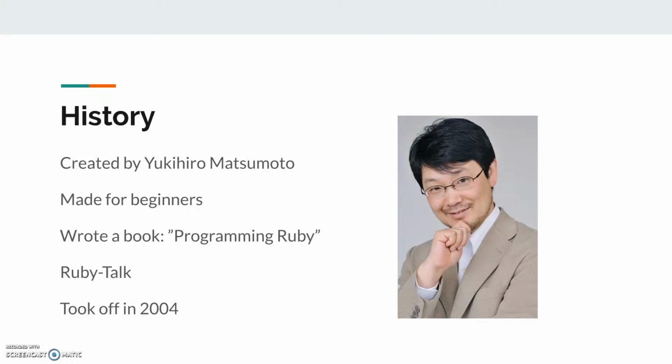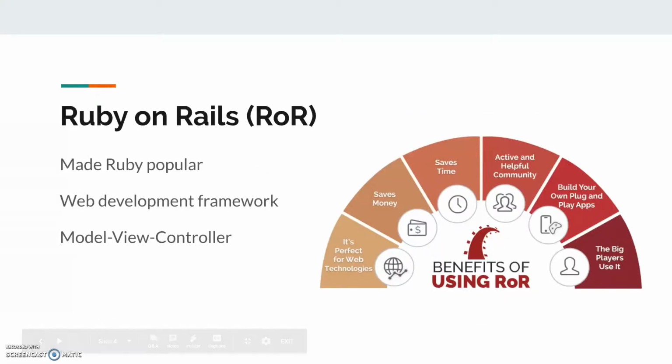But the major turning point was the creation of RubyGems and Ruby on Rails, which both were released in 2004. Ruby on Rails was developed by a guy named David Hansson. The purpose of its creation was for web development, and it used a software pattern called MVC, which provided a clean and clear isolation between model, view, and controller, and it made it easier to maintain the code.